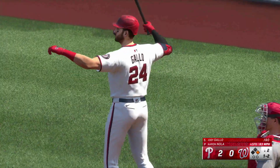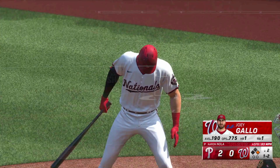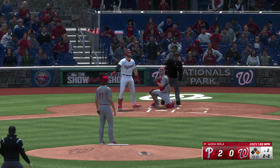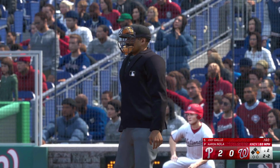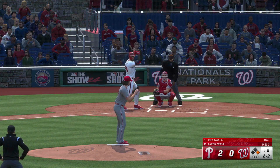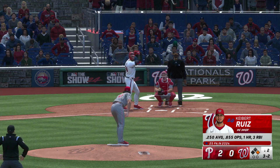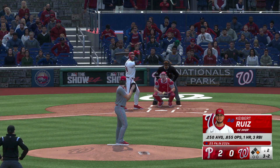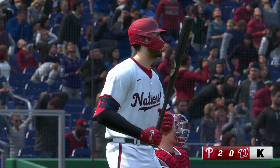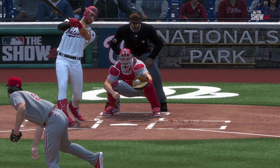Joey Gallo steps to the plate. Here's a 1-2. Just missed. Well, he's not afraid to fall into a 2-strike count. Knows the strike zone very well, so much so that I think umpires will look at him and determine whether it's a ball or strike, if he swings or not. And that's off the inside edge. And that's ball 3. Swing and a miss. Had him out front for the strikeout. This guy will throw any pitch in any count. 3-2. He goes off speed. Gets the out. The catcher,